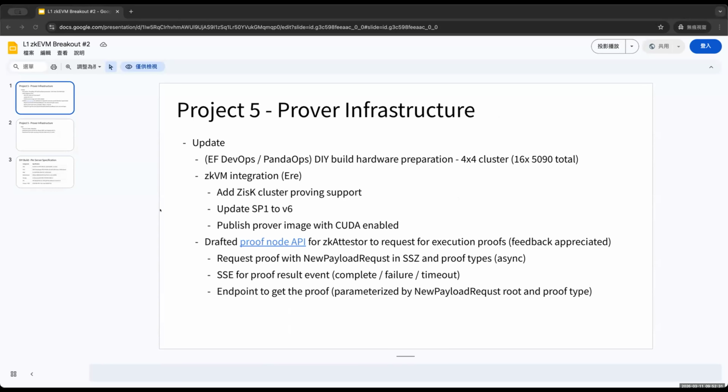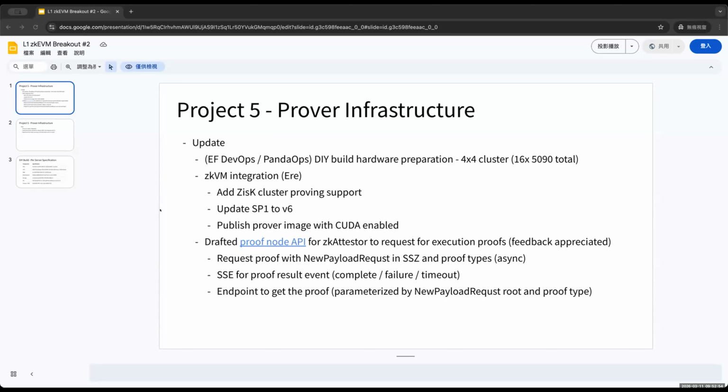And on the zkEVM integration side, we have added the disk proving cluster integrated, which allows us to test on our 4x4 machine with 16 GPUs in the future. And we also upgraded the SP1 to V6 and published the proof image with CUDA enabled.